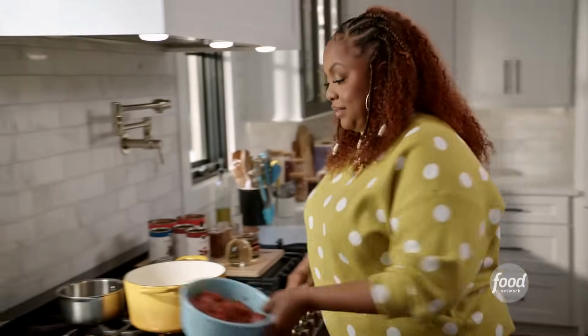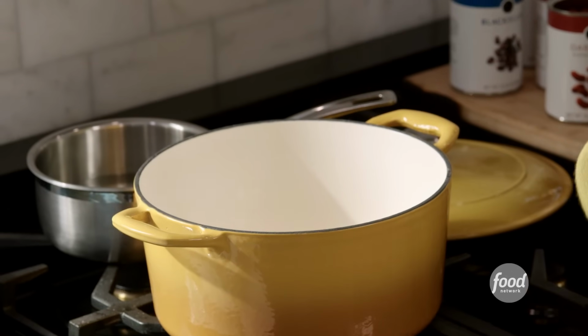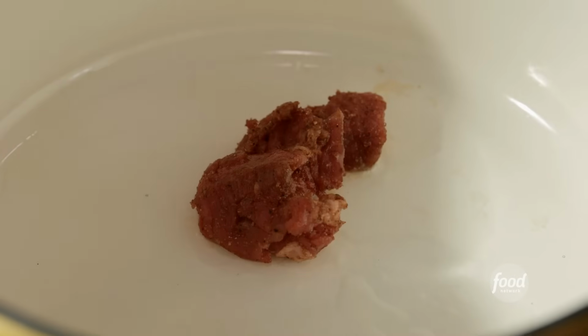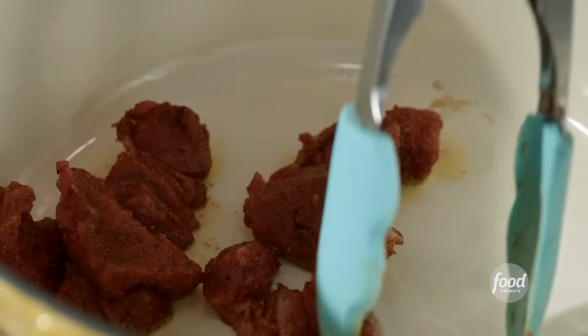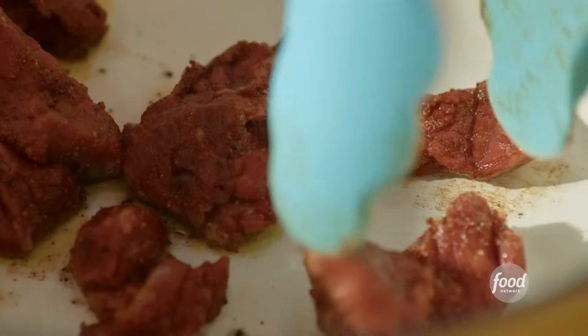All right, let me grab my brisket. I'm gonna oil my pan with a little canola oil so the brisket doesn't stick. I've been heating up my Dutch oven so it's nice and hot so I get a really nice sear on this brisket. Voila! Smells well seasoned already. So all I'm doing is just searing all sides of this brisket, and I'm also creating